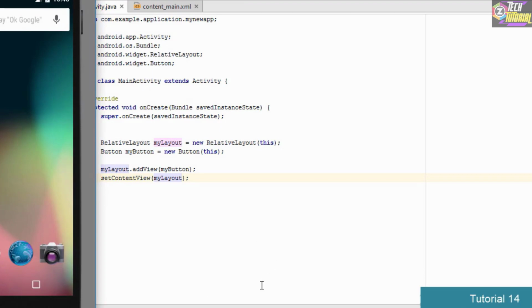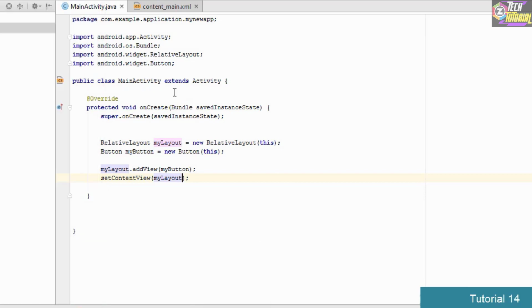So what I've done is that instead of closing the emulator, I've just minimized it so that it takes less time for the computer to load up and boot up the emulator once again. So you could also do the same. Instead of just exiting out of your emulator, you could just exit out of your app and then minimize the emulator. So when you are running the emulator one more time after modifying your code, it will take a relatively shorter span of time to load up the emulator.